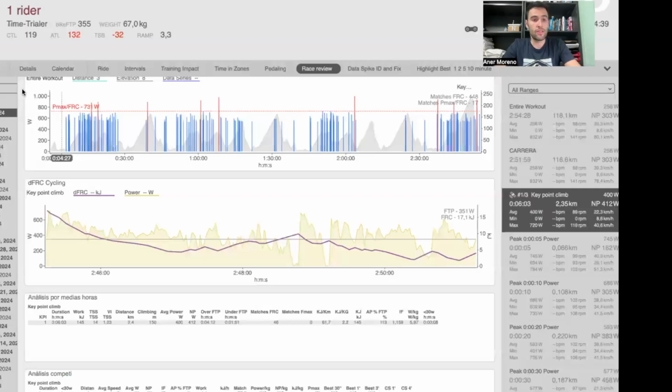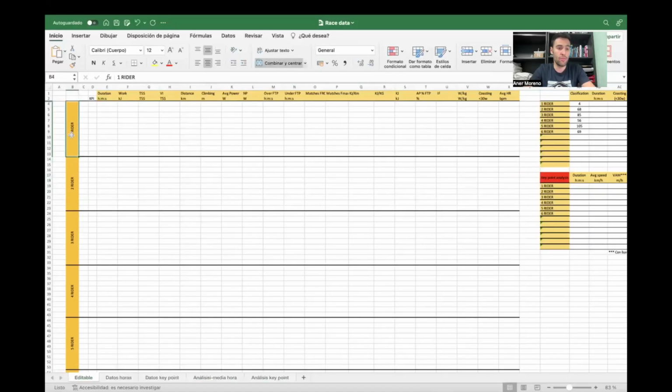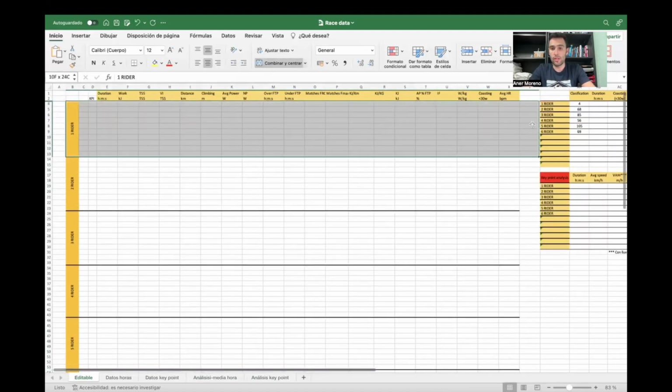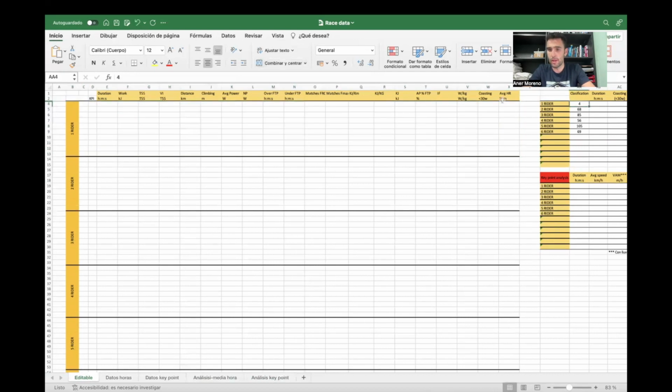So the first rider I'm going to explain with 6 riders. This is a real case of a race in which we had 6 riders. I'm going to name them rider 1, second rider, third rider, fourth rider, fifth rider, and sixth rider. The first one was the leader of the team. We wanted him to win the race. Finally, he did, I think, fourth place.